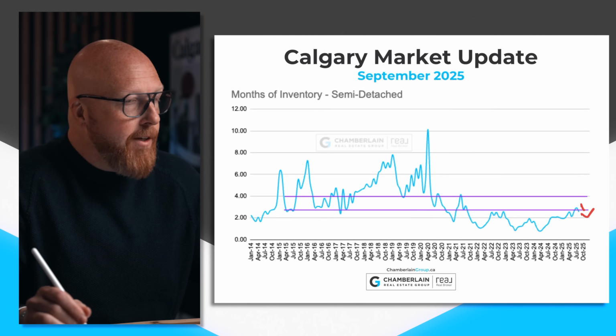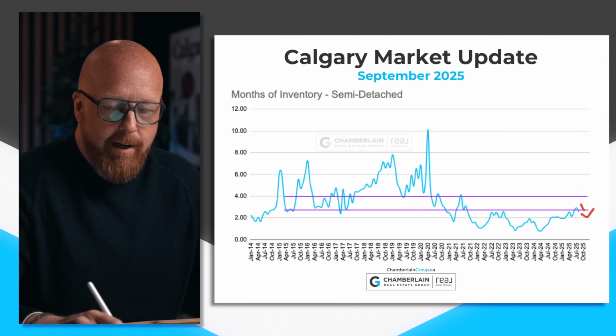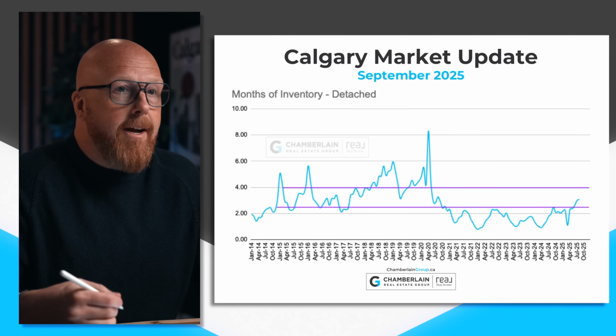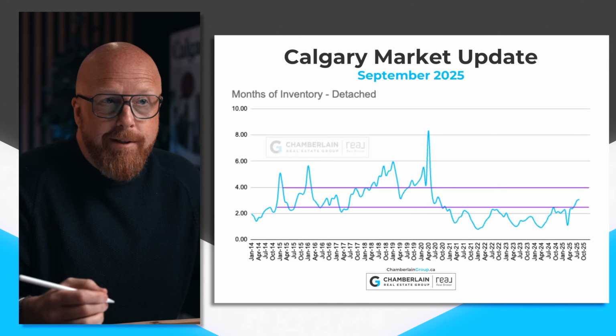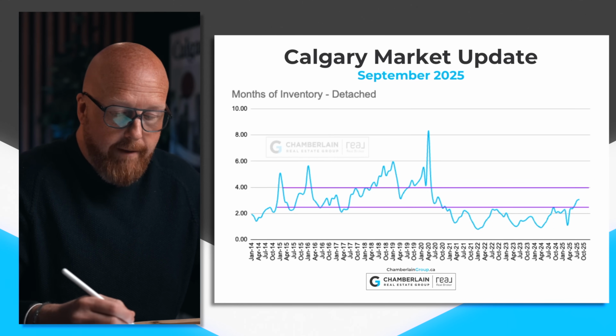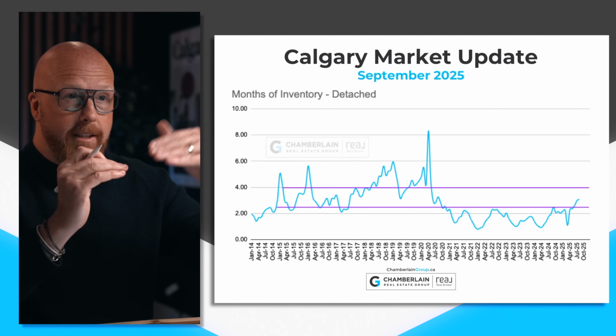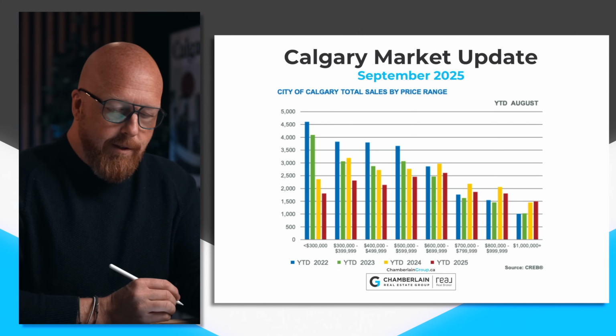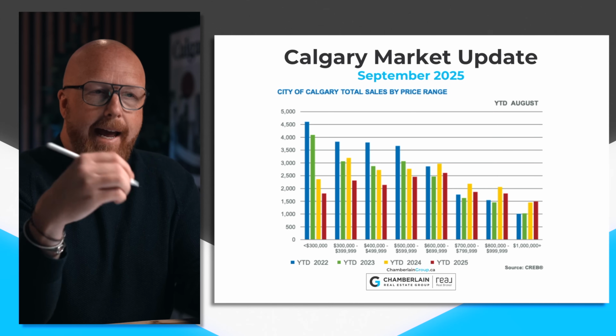And this is kind of interesting. We're gonna talk about the price ranges, what's happening in there, in a minute. And then detached homes, they are up to 3.07, up from 2.99. So not a lot, like barely, just kind of the same, but right around that 3 months of inventory for detached homes. And so what I wanted to do is look at the price ranges, how many sales,